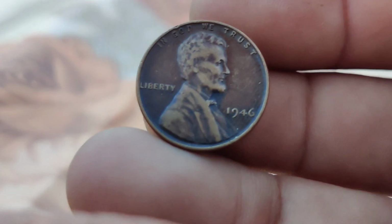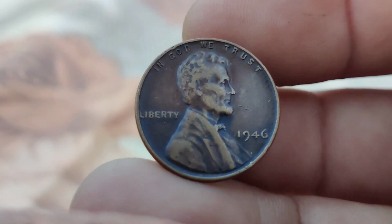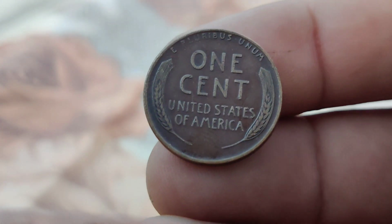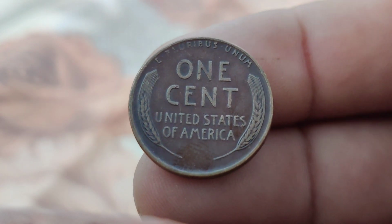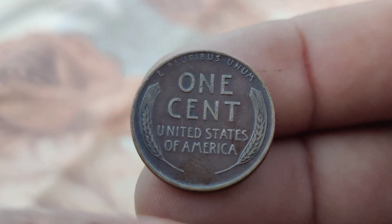So let's get started. First up, we're diving deep into one of the most iconic coins in American numismatic history, the 1946 wheat penny. But this isn't just any wheat penny, it's a 1946 penny without a mint mark, in very fine condition, and with a unique black shade that makes it stand out from the rest. We'll explore the history behind this coin, its distinguishing features, and why it has become a gem for collectors in today's market. So, if you have one of these in your collection, you might be sitting on a valuable piece